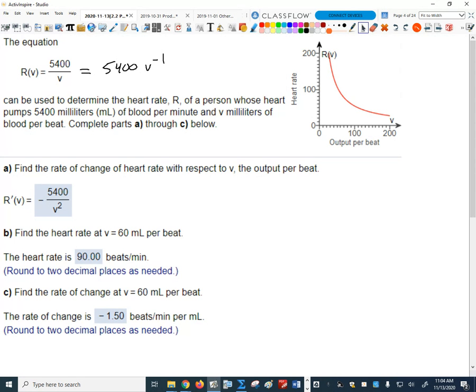The units of heart rate are beats per minute, so that's what's going to be on top if I write this using a fraction bar, which is a little easier to see. So R prime of V is going to equal some number that we could calculate, but the units will always be units of R,